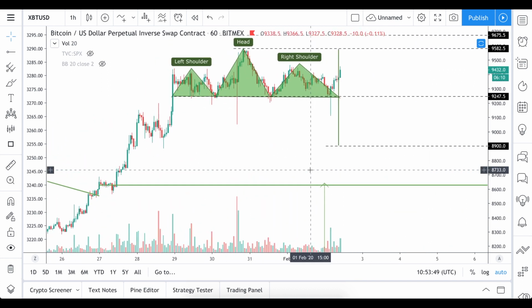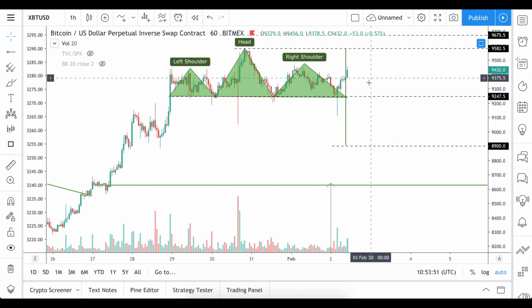In any case, we would have to look at the confirmation of either the bearish or bullish scenario. So let's be patient, and